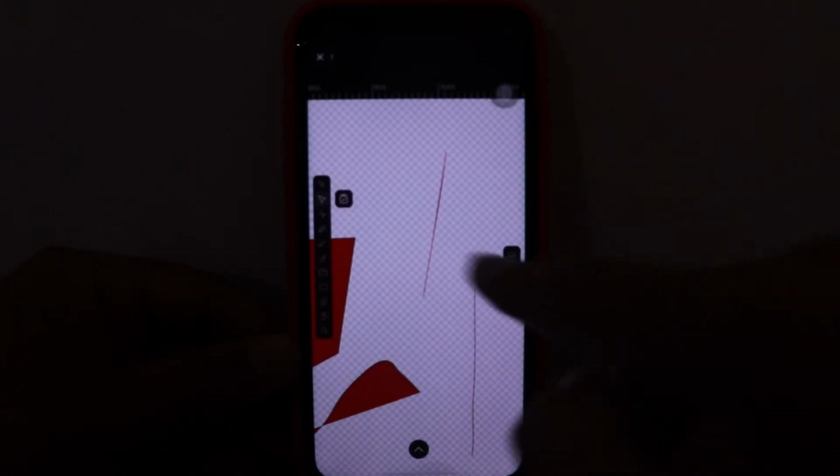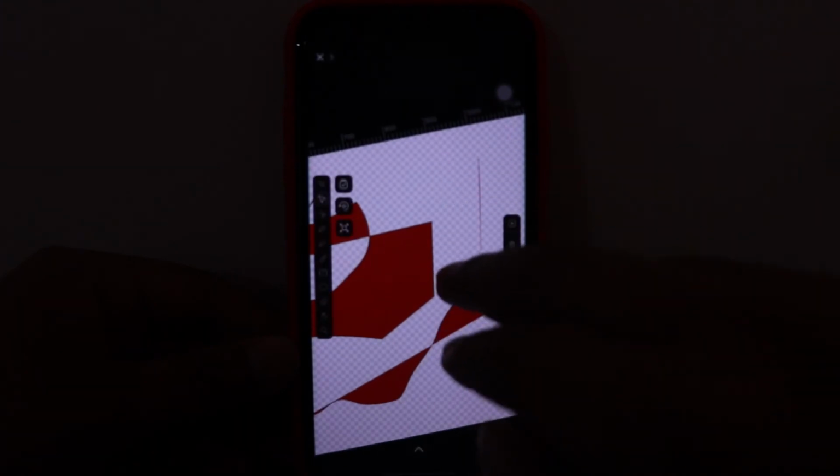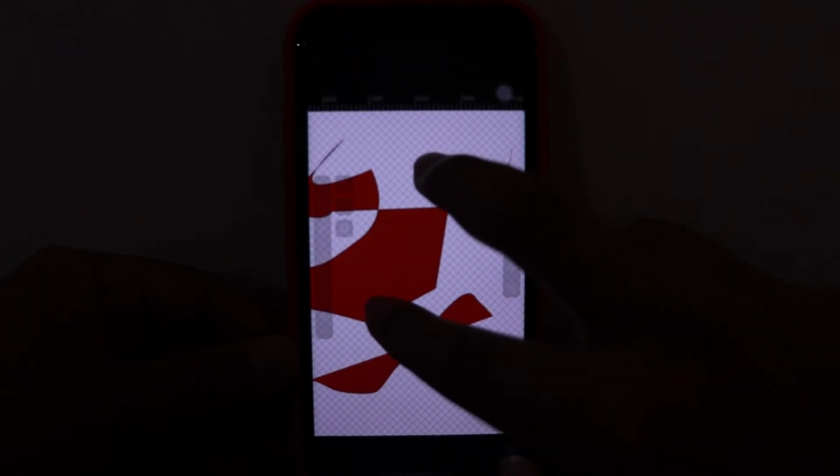I believe you are able to see it. Yes, this has been changed to red. This stroke is red, this stroke is red, and the strokes over here are black. Strokes are basically the outer edge or outer line, what you can say.